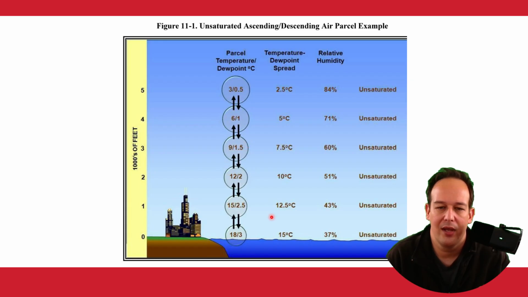And you'll notice here that as the temperature cools down, the relative humidity increases because, as you know, the amount of moisture that the air can hold is dependent on the temperature. So the warmer the air, the more moisture it can hold. And so relative humidity, as I explained in one of my previous videos, is just the ratio, the proportion, or the percentage, of how much moisture is in the air versus how much the air could hold. And so the same amount of moisture exists as we're going up in altitude. It's just that the air can hold less in a gaseous form in terms of water vapor before it becomes